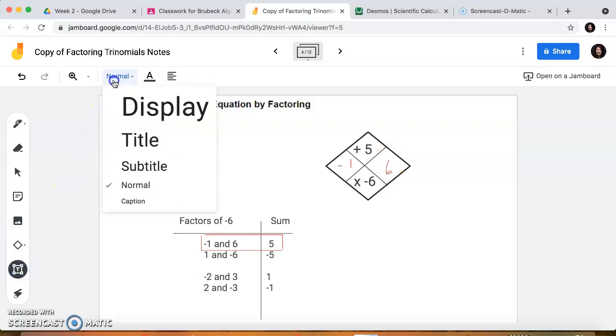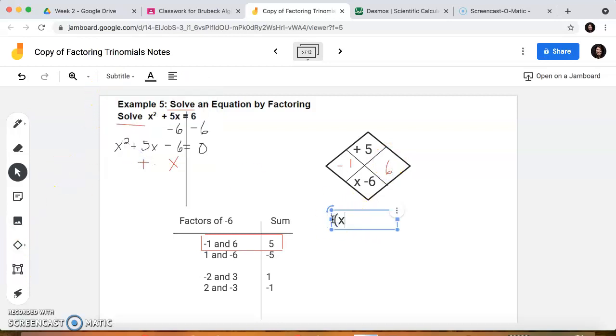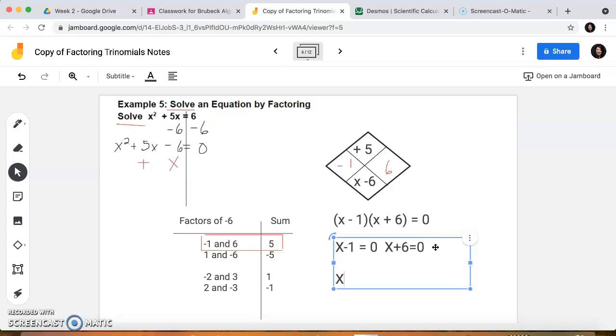So I'm going to write out here, we're going to have x minus 1 and then x plus 6. But here's the difference, now we're going to say it equals 0. So this is how you solve an equation. And what we're going to do is make it have x minus 1 equals 0 and x plus 6 equals 0. And if you solve that, you're going to get x equals negative 1 and x equals